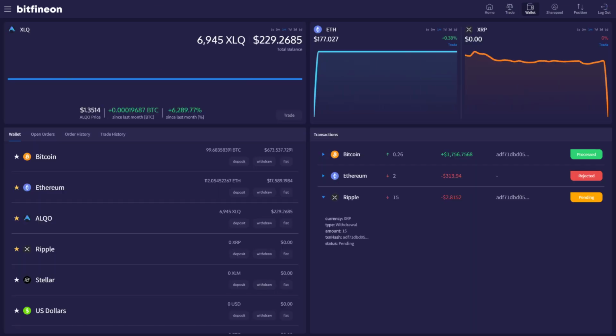Click on pending, or you use the arrow, or click anywhere else. You'll get a drop down here with the currency, the type of the transaction, whether it's a withdrawal or deposit, the amount of the transaction, your transaction hash. When this is live, the transaction hash will actually be a link to a relevant blockchain explorer for that currency, and you'll be able to check whatever you need to check on the explorer if you need to do that,